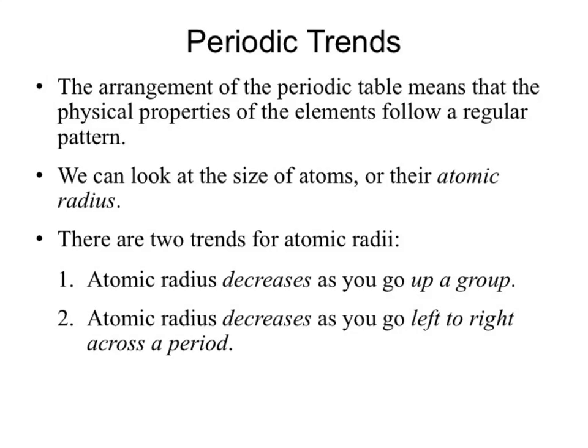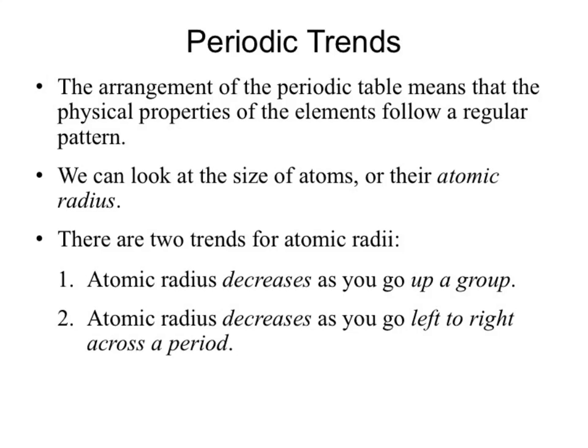Now what we're actually going to start to do is look at a real quick, simple periodic trend, and try and come up with some explanations for why this trend is true. We're going to find out why it's wrong, and then we're going to double back to chapter 14 to come up with an explanation for why the trend actually makes sense. So one of the big trends that we can pick up off the periodic table is something about size, or